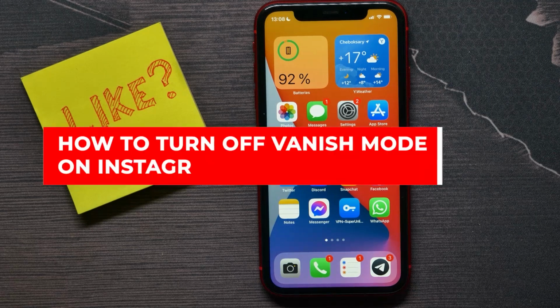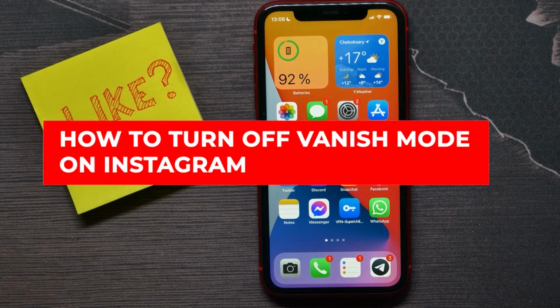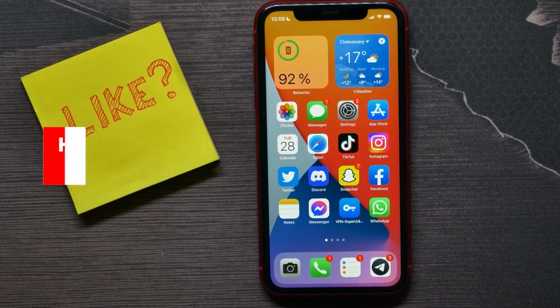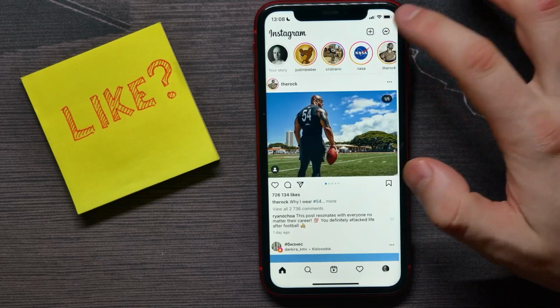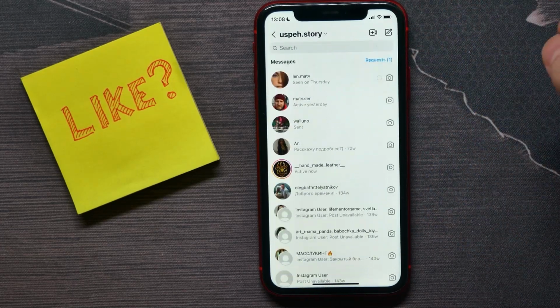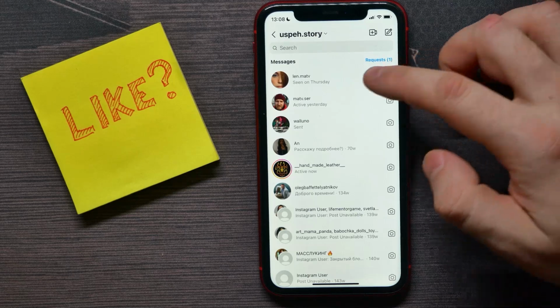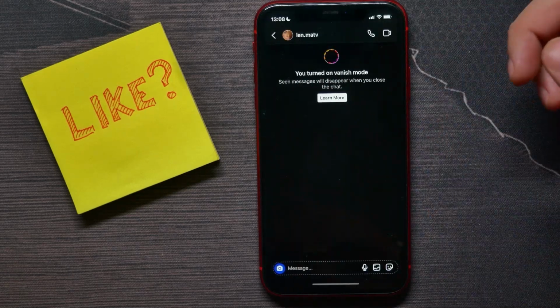In this video, I'm going to show you how to turn off Vanish mode on Instagram. That is quite simple and easy to do, so let's begin. And first, open up your Instagram app, go into your DMs, and then open up a conversation that got Vanish mode